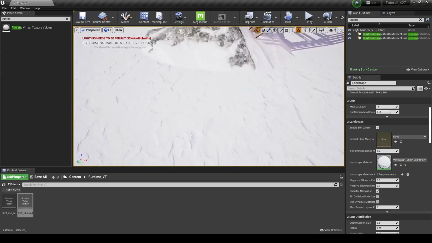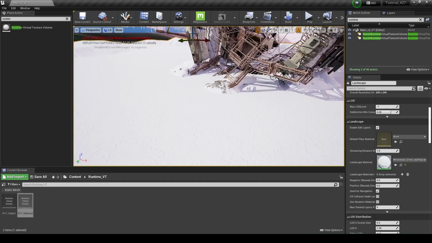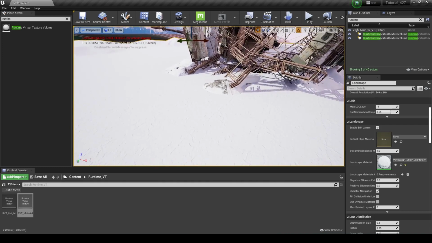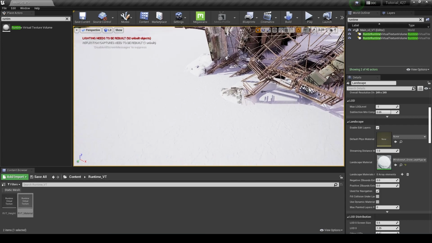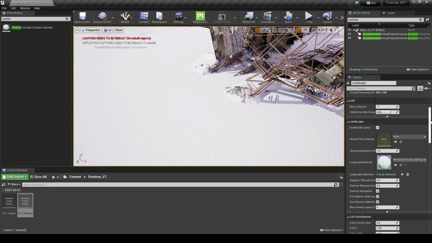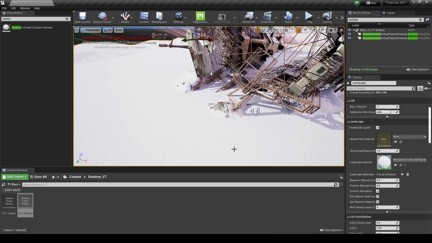So in order to tell Unreal what material needs to be referenced, we're going to have to specify that. So we're going to output the information that we need from the landscape material, and we have to do that in our master material. So basically we'll be taking the information from our landscape master material, and we're going to be outputting it to our virtual textures so that they can properly reference that material and apply it onto our